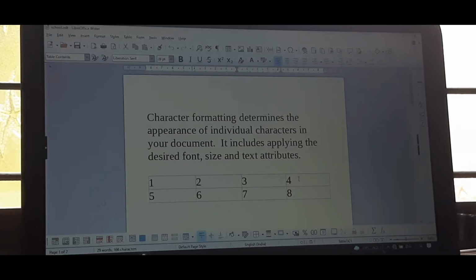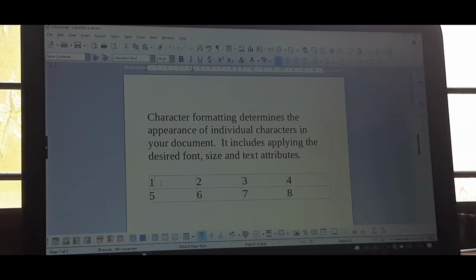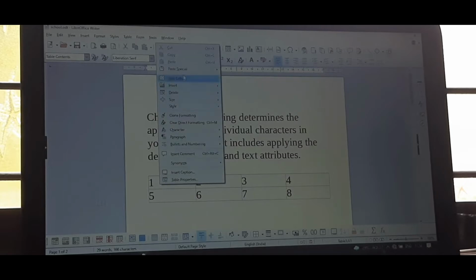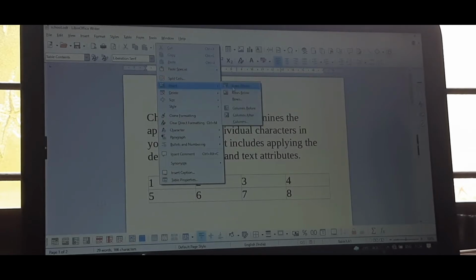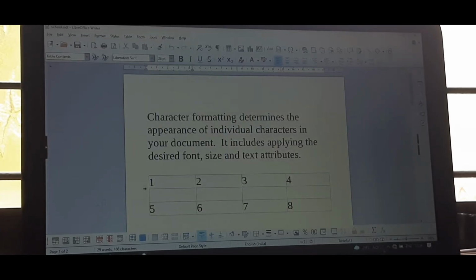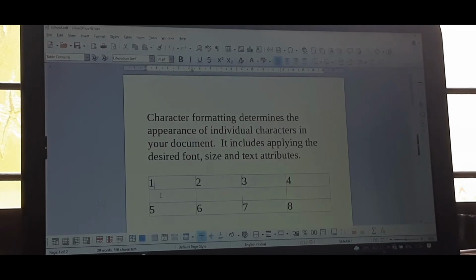For inserting rows, see, I have placed the cursor on the first row. Either you can use this option, or right click. See, Insert Row Above means a row will be inserted above where I placed the cursor. Otherwise Row Below means just below where I placed the cursor, one row will be inserted. So Row Below, see, I placed the cursor here, and one row is inserted below this.